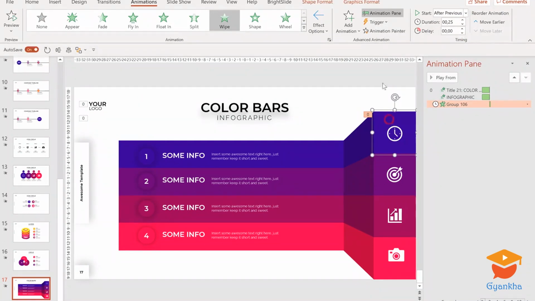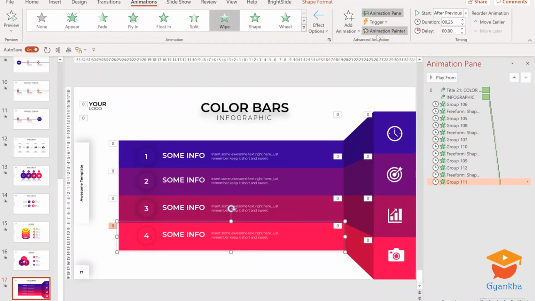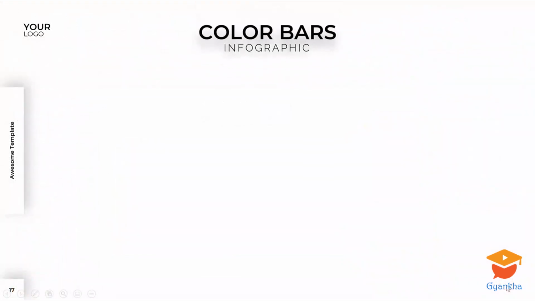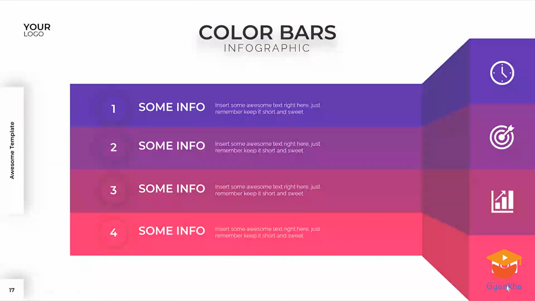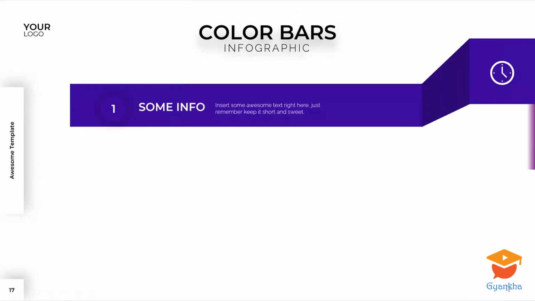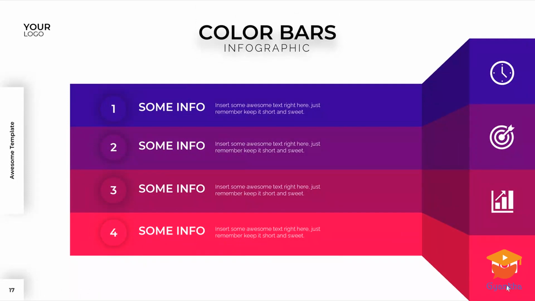Now let's just use the animation painter. Let's double click it and let's paste this same animation to the rest of the shapes. Just like that. Alright, and this is how it looks like on the full screen. Congratulations, ladies and gentlemen. Now you know how you can create your own awesome